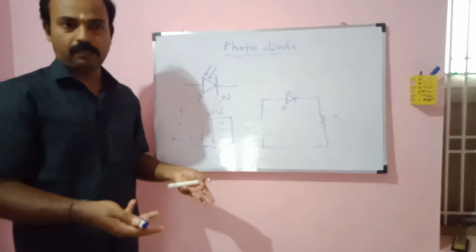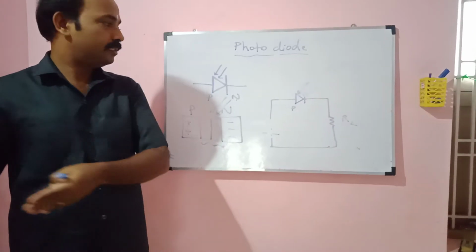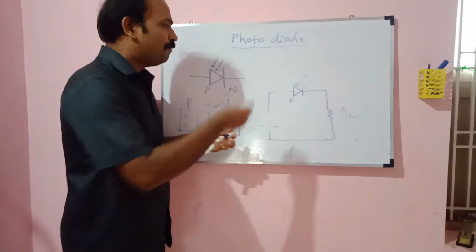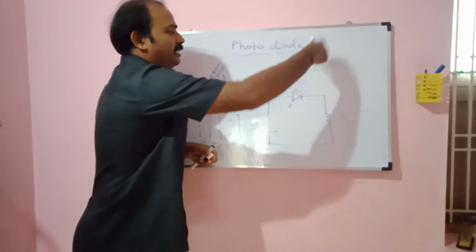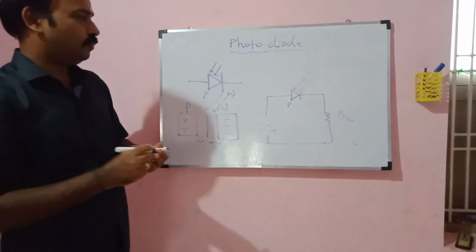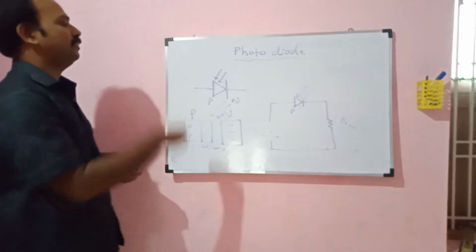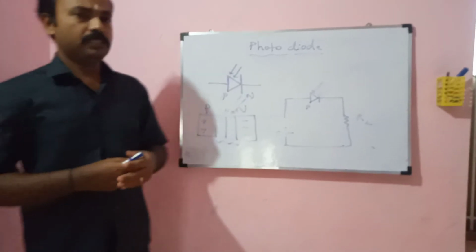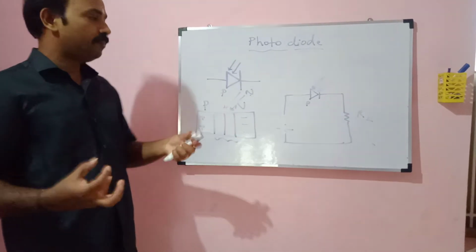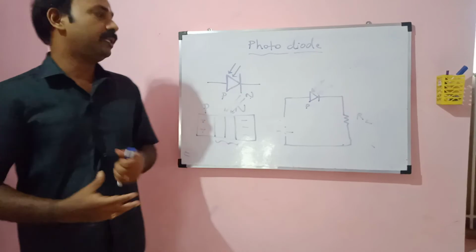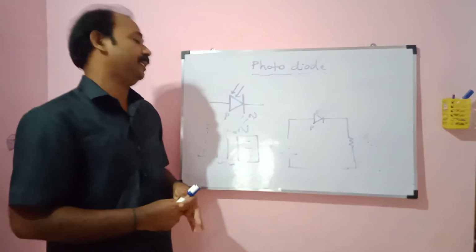Then the second point: in the presence of external light which falls on the junction of the p-n junction diode, and provided suitable biasing, that is, reverse bias is provided in this case,